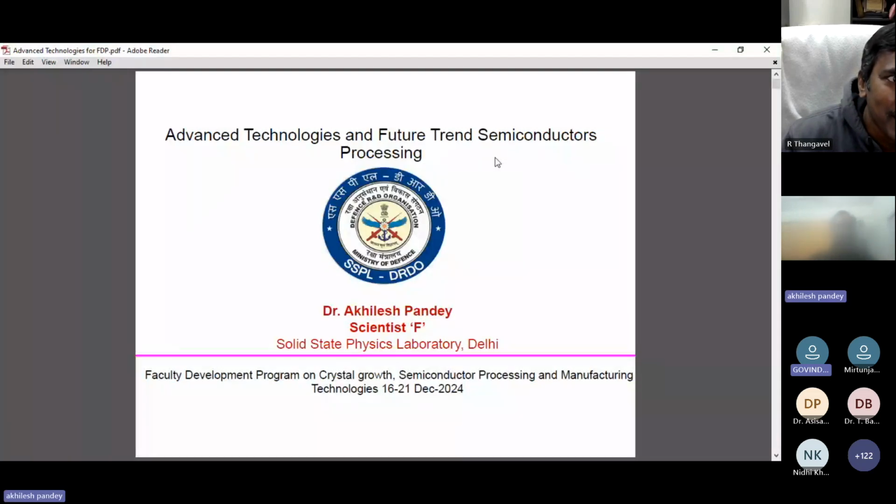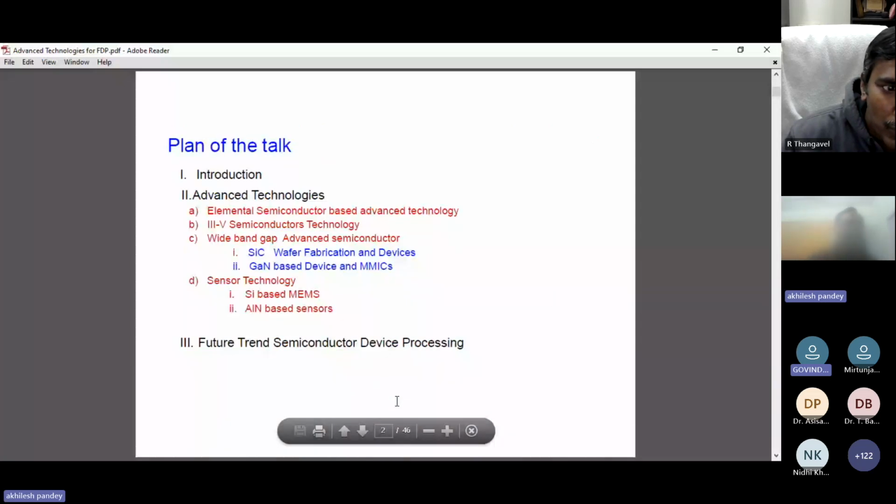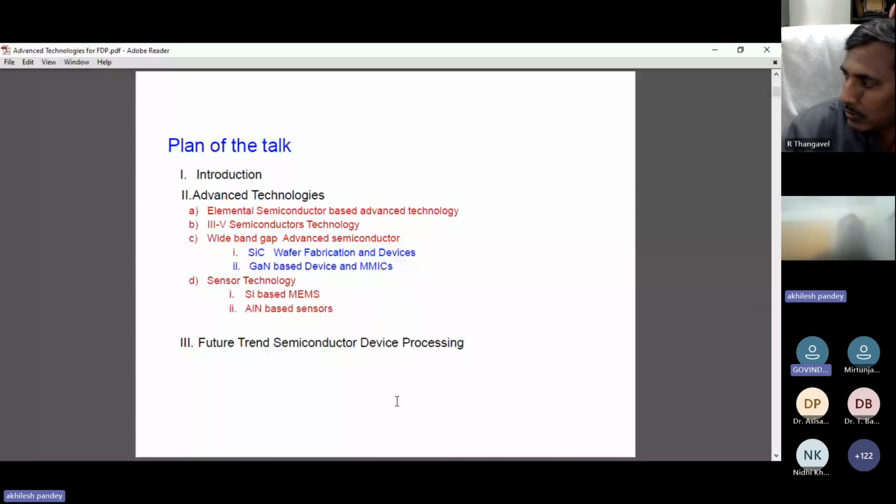Now I'm going to deliver a lecture on advanced technologies for future trend semiconductor processing. And this is the plan of the talk. First, I'll tell about the introduction, in which we'll tell about the semiconductors, which is essential for many cutting-edge technologies